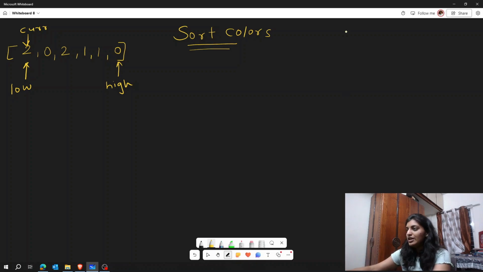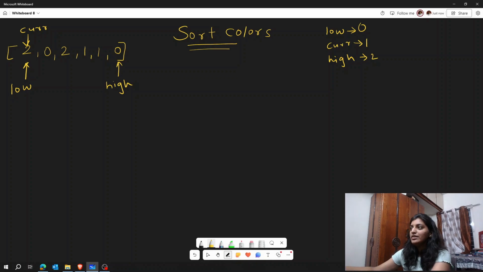Now I will tell you the approach. Low will help me to sort all the zeros at the front. Current will help me to sort the 1s. High will help me to sort all the 2s. Now how will we solve this? Let's see.